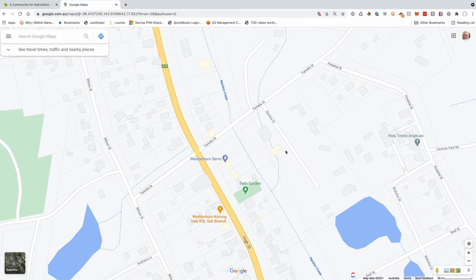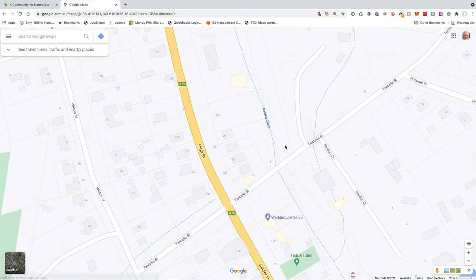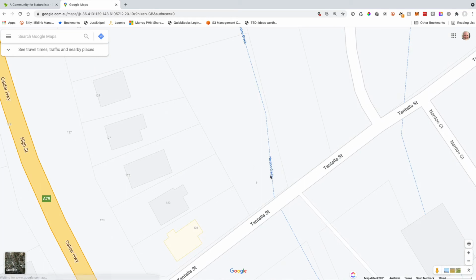So in this case, the photo that I'm looking at, this is a walking track along here, and I got a photo around about here, in this point here, right? So I can zoom in even closer if I wanted to, if it was a particular thing,